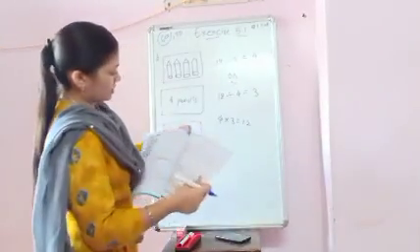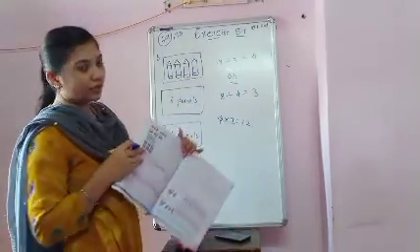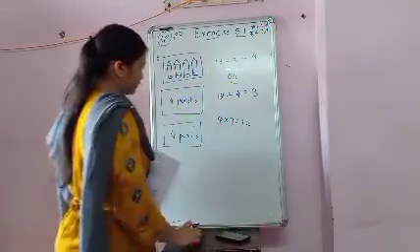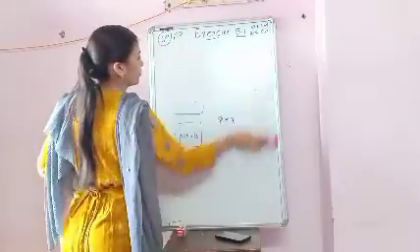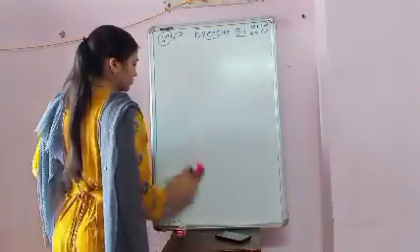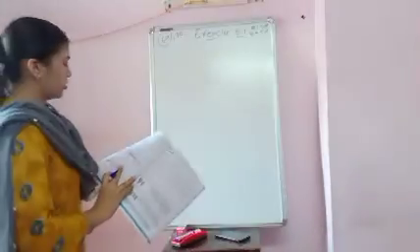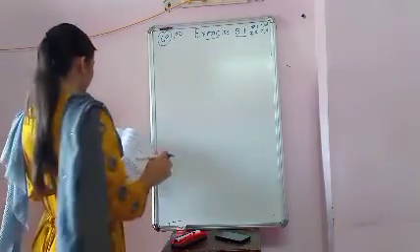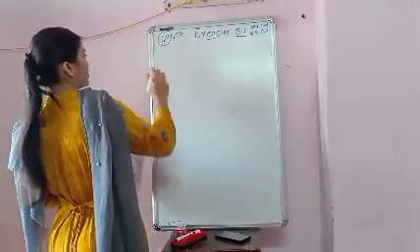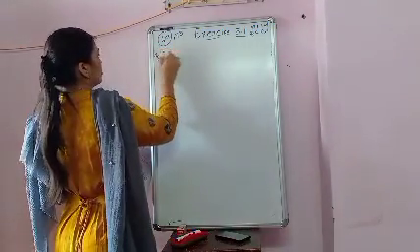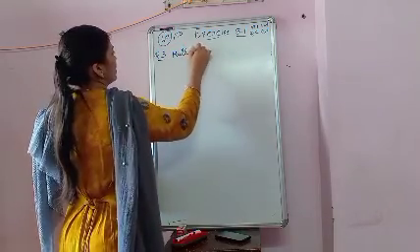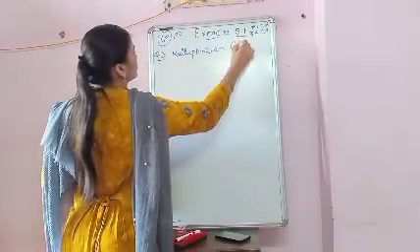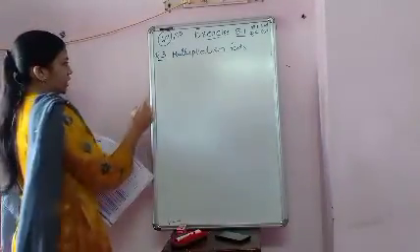And you have to write down the answers here. First is already done for you, so you have to solve C and D in question number 2. Question number 3, write the multiplication fact for the following. Division facts are given to you. You have to write down the multiplication facts. First is done for you, so I am solving the B.